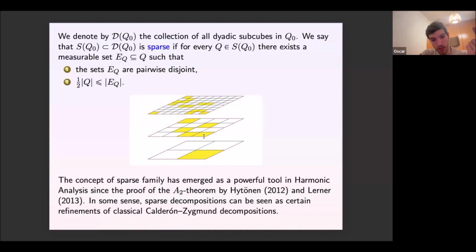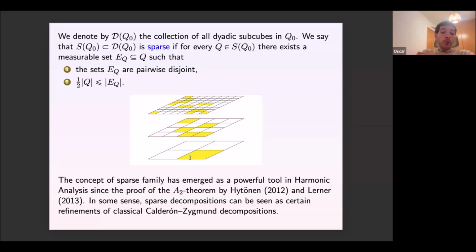Let's go to the second generation. So here, consider this guy on the lower right corner. There exists a big portion of it, namely this part, and these two guys that do not intersect this upper part. Or for instance, consider this guy here. There exists a big part, namely this part here, these two white cubes, such that these guys do not intersect, of course, these two guys, but they also don't intersect this upper part coming from the yellow cube in the first generation. And in this way, I can iterate the process.